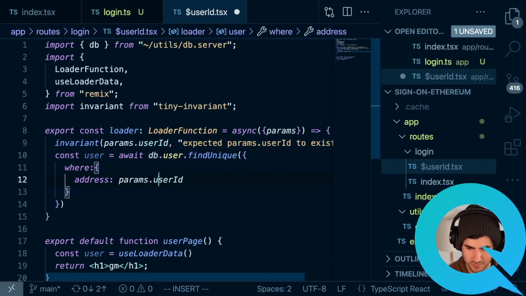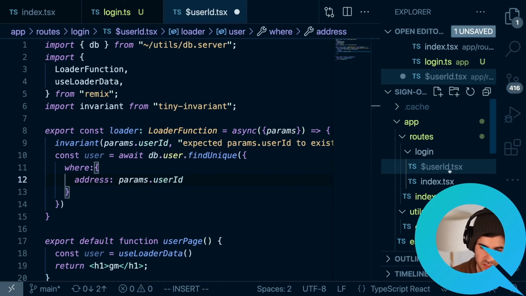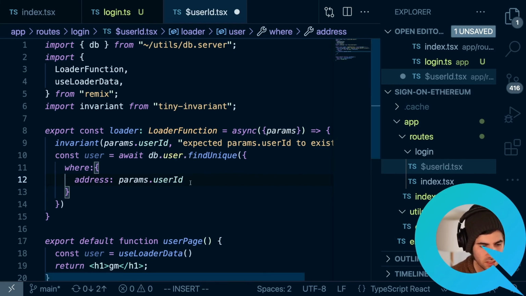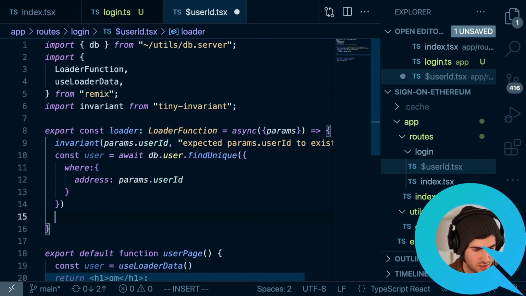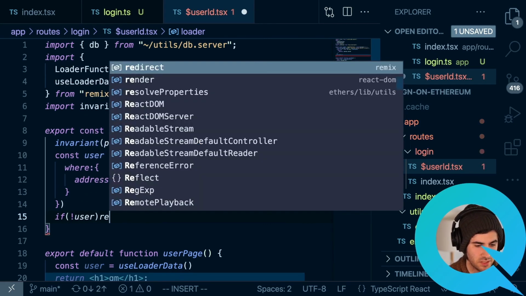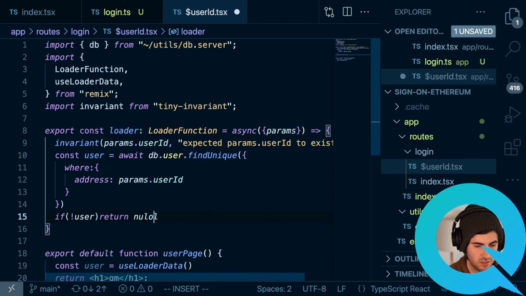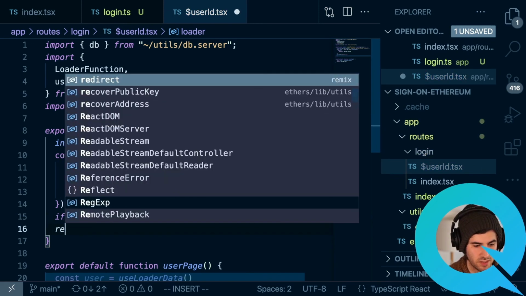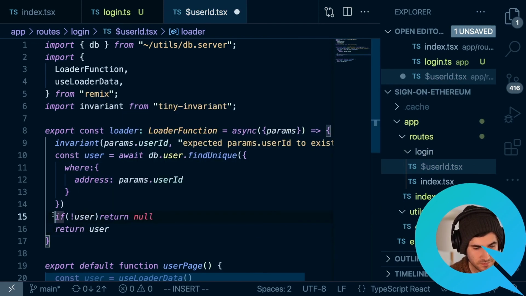There we go. You can see the user ID is matching here, so that's what's going to label the params. If there's no user, we can return null, and otherwise, we can return the user.